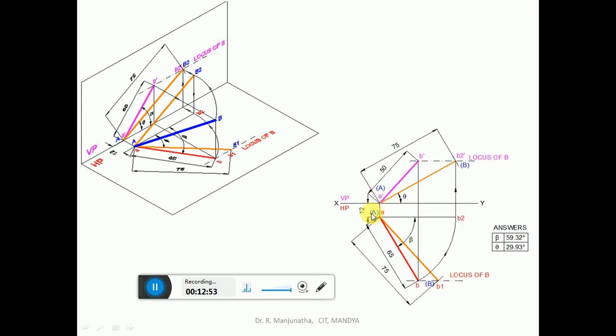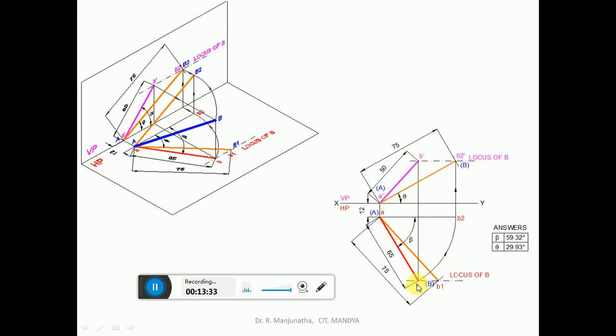in the second case, you make the top view line parallel to VP and then draw a vertical projector to the front view. Since this top view line, which is 65 mm, is parallel to VP, you are getting the true length in VP. So you measure 75 and cut an arc on this vertical projector so that you get the locus of B in the front view. So you are going to get this point A dash B dash, and you are going to get this point AB. Since this is parallel to VP, you are getting the true length. So now rotate the top view, you are going to get this point AB. And since A dash B1 dash will be 50 mm, this is the one with the arc.